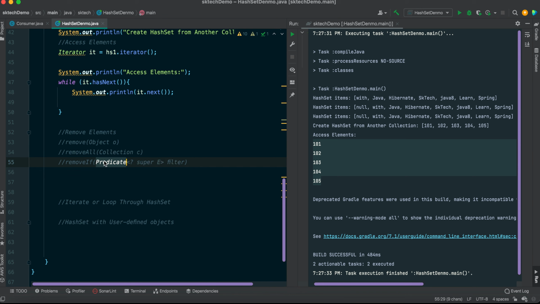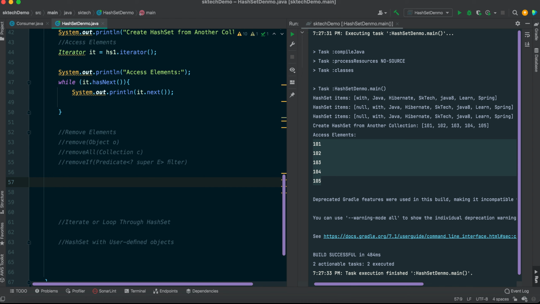This is the predicate, which is available in Java 8 only. We will be discussing more about the predicate as part of the Java 8 concept, but just think of it as a kind of filter where we need to provide an expression, and that expression is called a lambda expression. We will see one example here and discuss it in detail as part of the Java 8 concept. So let's try to use all three methods.